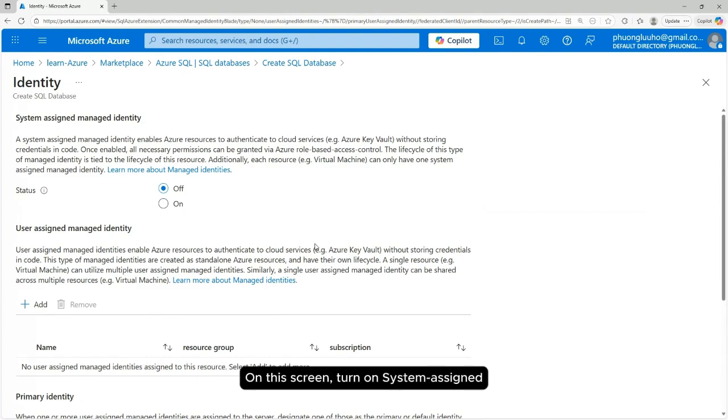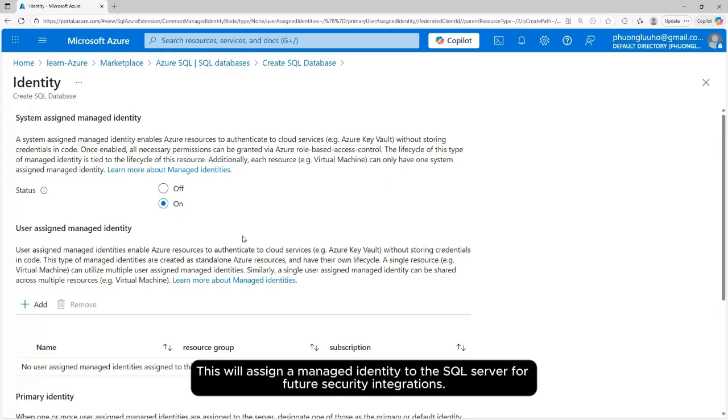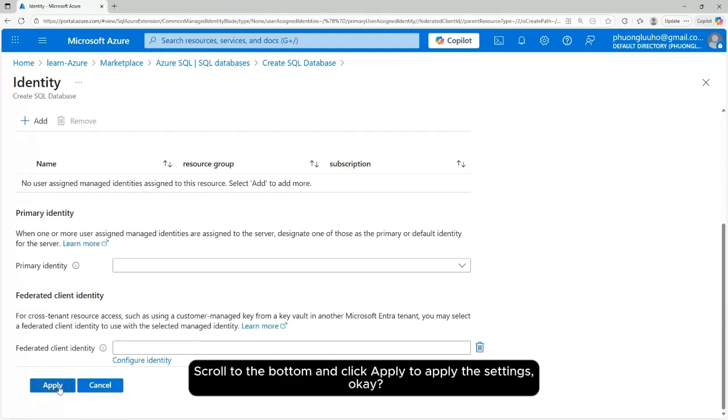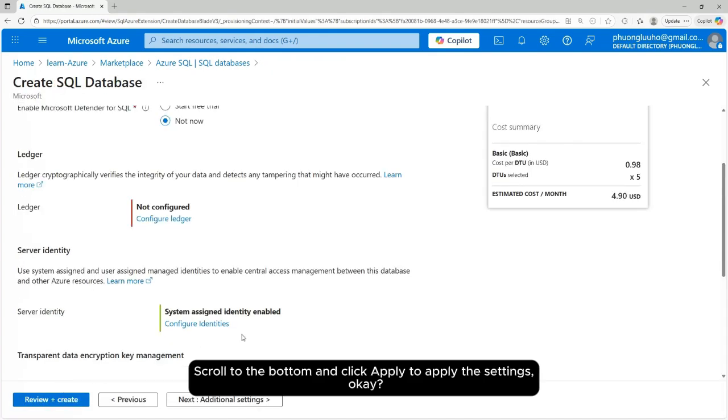On this screen, turn on system assigned identity for the server. This will assign a valid identity to the SQL Server for future security integrations. Scroll to the bottom and click Apply to apply the settings. Okay,